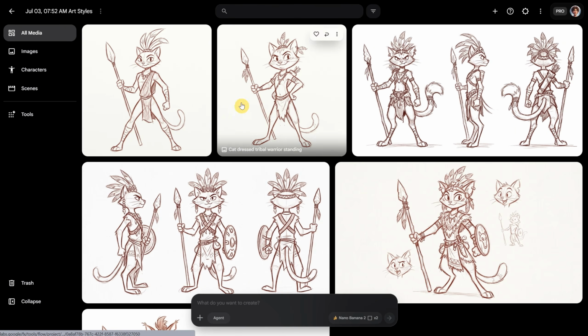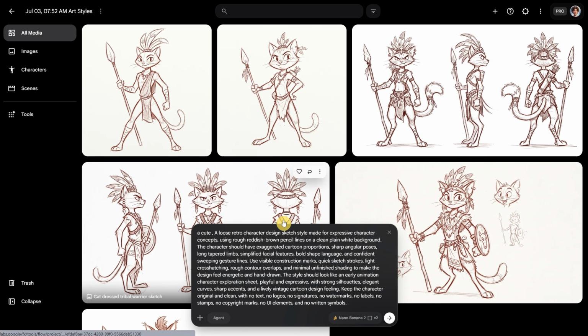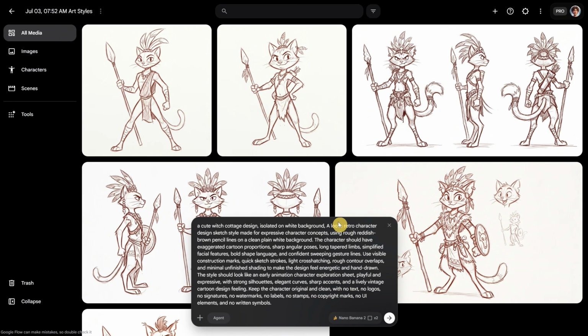As you can see, I only got one character, and it looks nice. Since it is a tall character, using a portrait ratio would probably give even better results. Now let me show you how you can reuse the prompt and adapt it for something else. Let's say I want a cute witch cottage design, isolated on a white background, so it doesn't add extra sketches